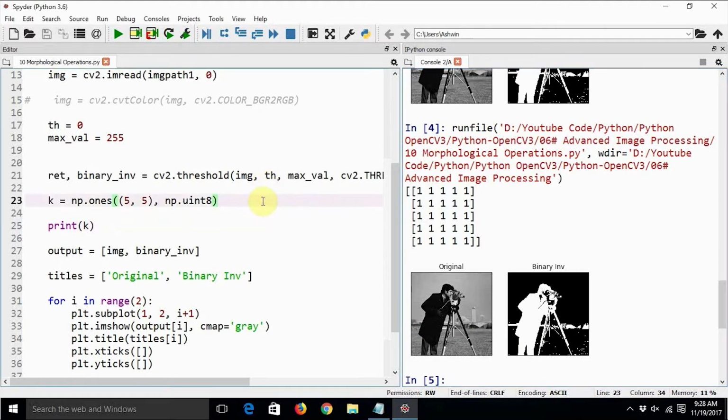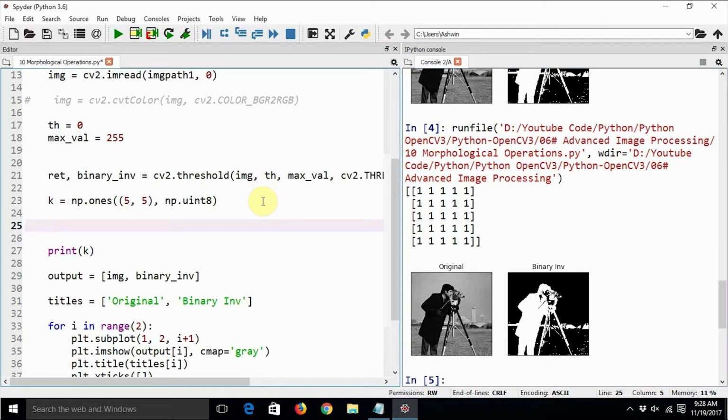So we will just say erosion equals cv2.erode, with img, no, it should be binary_inv, comma, kernel k, comma, iterations.